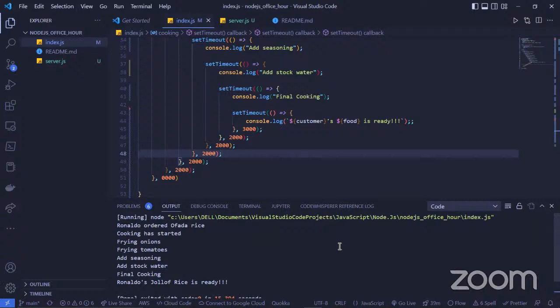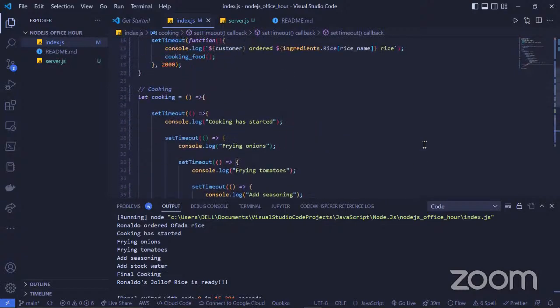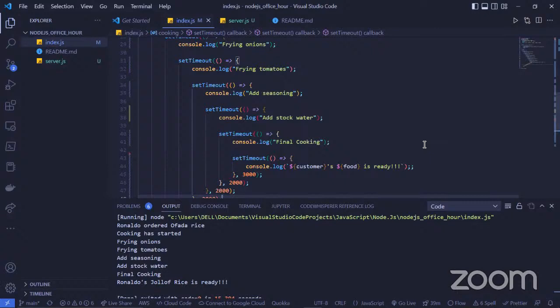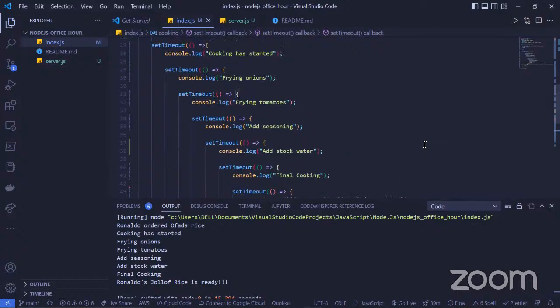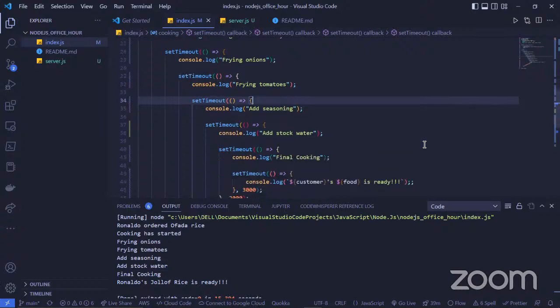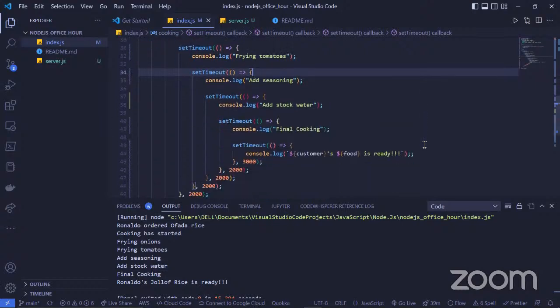So this whole setTimeout, setTimeout, setTimeout, this is what we call callback nesting. When you have callbacks like this and you're nesting one callback inside another callback, inside another callback, it's called callback nesting.